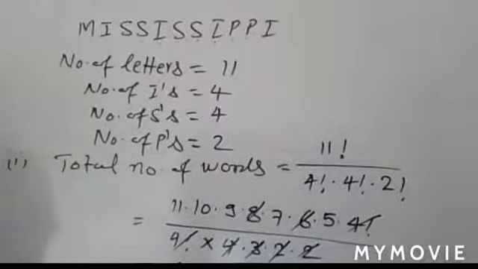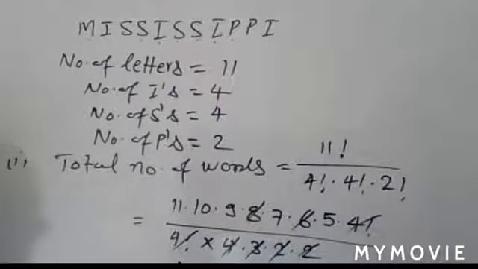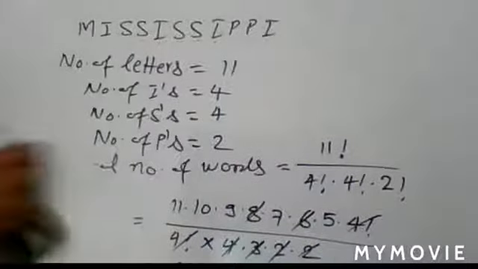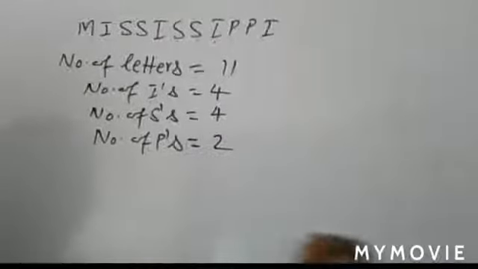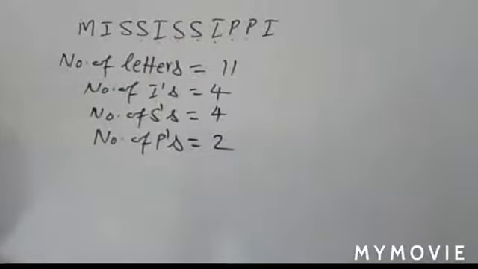Now just think about your second part. What is your second part? In your second part, it is given, find how many words are there in which all the I's are not together. So first of all, you try to find the number of words in which all the I's are together. And you know the concept, when any number of letters come together, they are all treated as one letter. So you write your second part in this way. First find the number of words in which all the I's are together and subtract that from the total number of words. You will have your answer.